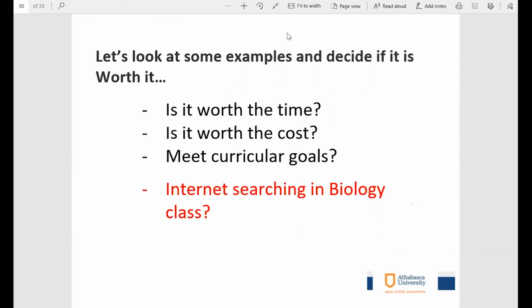So how can we examine it? If you've got low internet speeds, it probably is not worth the time. If I have to type in a term and wait for 2 minutes, but my class is only 30 minutes or only 1 hour, it's probably not worth the time. But if your assignment is to